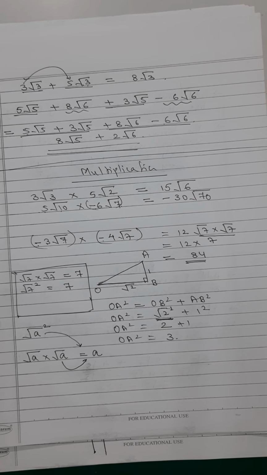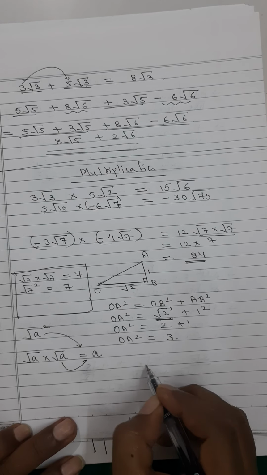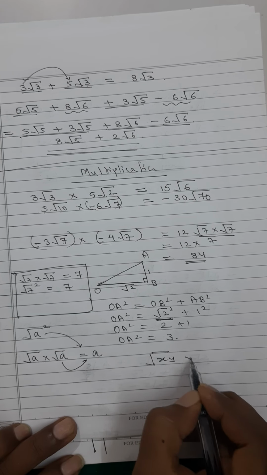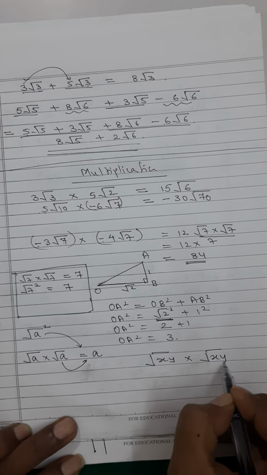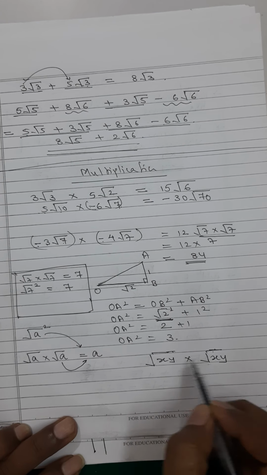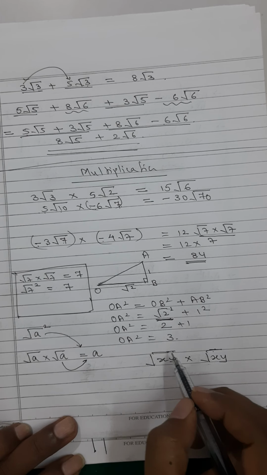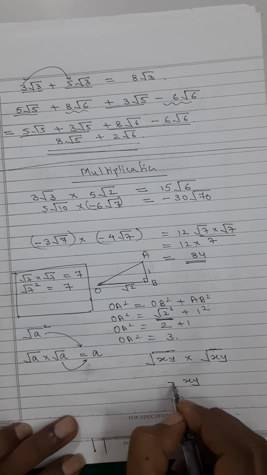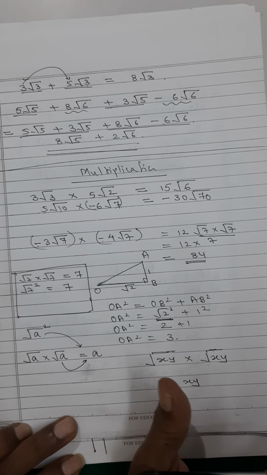Try to understand this, my dear students. This is very, very, very important. Root A square is also, this can be anything. Of course, if supposing I have got root xy into root xy, so what will happen? Root xy and root xy are both radicals multiplying with itself. Radical and radical, they vanish. And whatever is inside the radical, that is written only once. This you have to understand. Fine. So now we can do some more examples based on this.